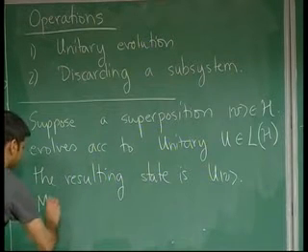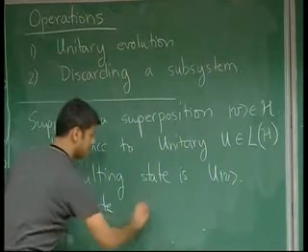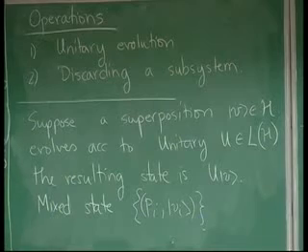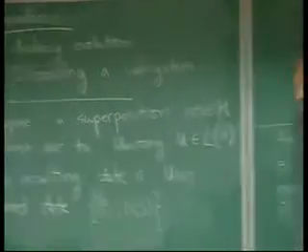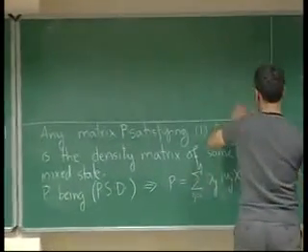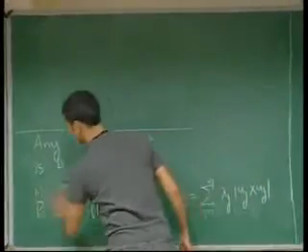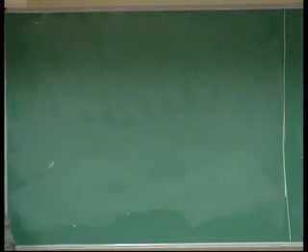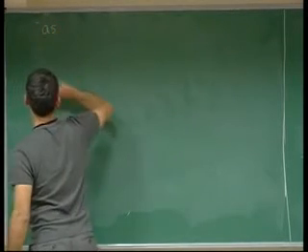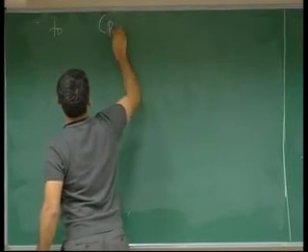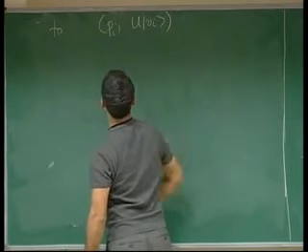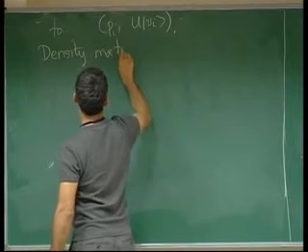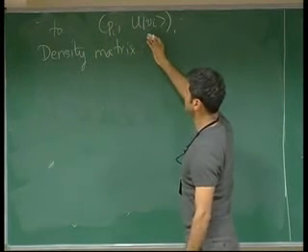The reason I write this down is because I'd like to show its connection to mixed states. The mixed state Pi, Vi evolves exactly as you expect it to be, meaning if you're in state V sub I, then the resulting state will be U applied to V sub I. And the resulting density matrix